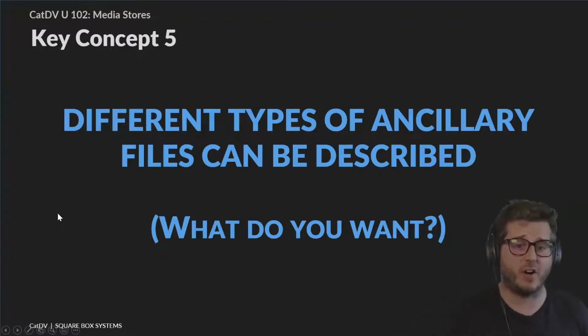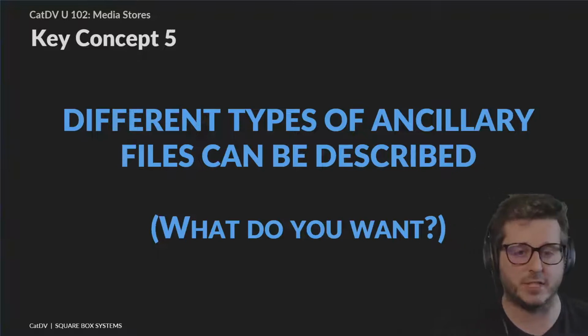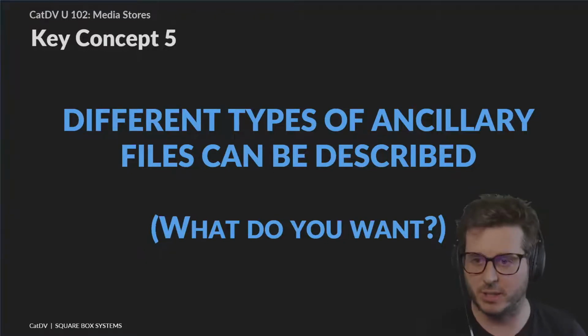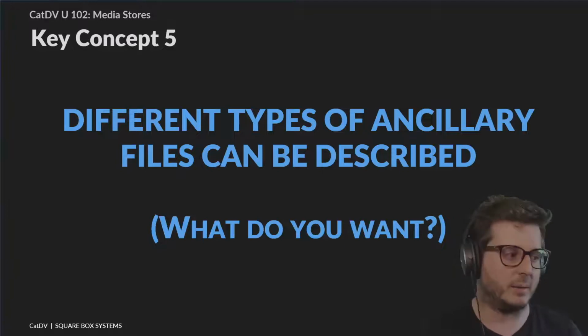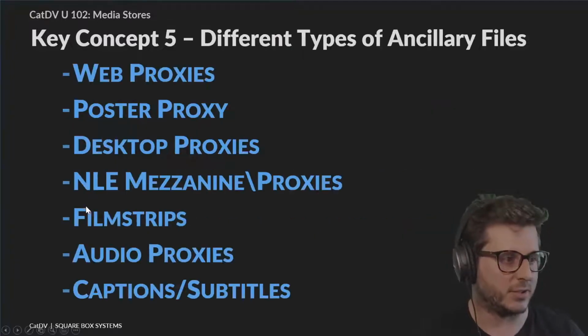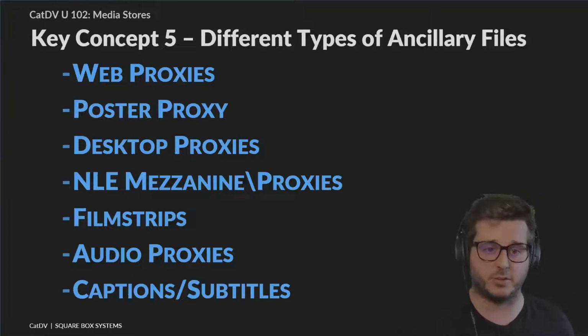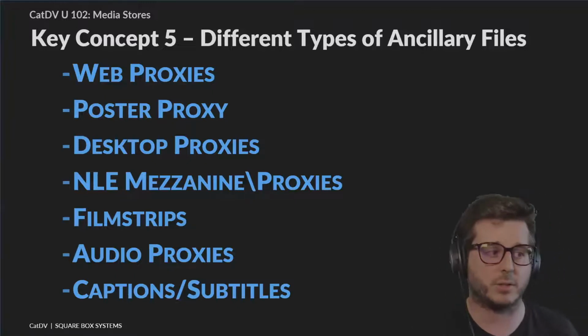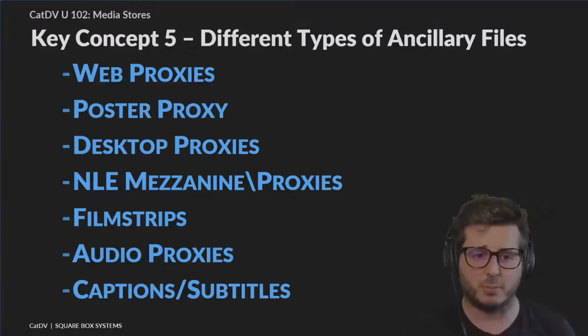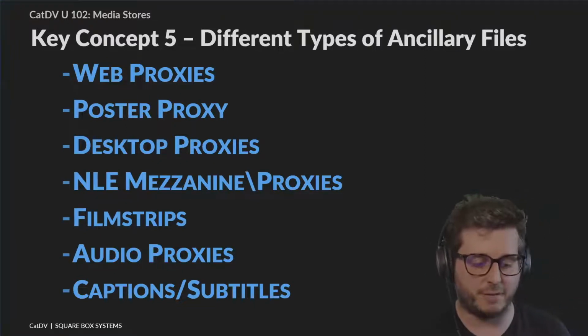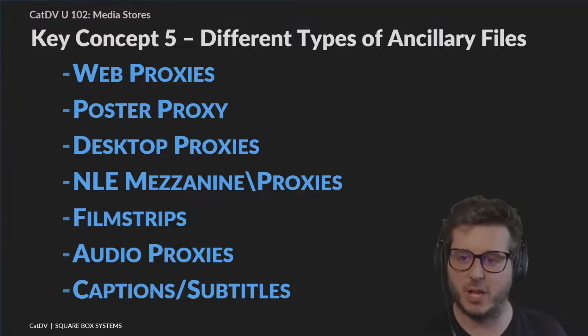And then key concept 5 is that different types of ancillary files can be described. So, we've talked about who's asking. Now we're talking about what do you actually want. So do you want a proxy? Do you want a caption file? And effectively, that is another key concept of Media Store. And these are the different types of ancillary files that we can define. So you've got web proxies, which we talked about. A poster proxy is a slightly higher resolution thumbnail for display when the clip first loads in the